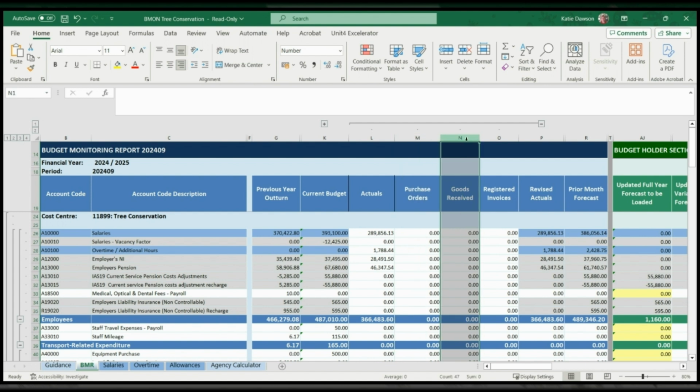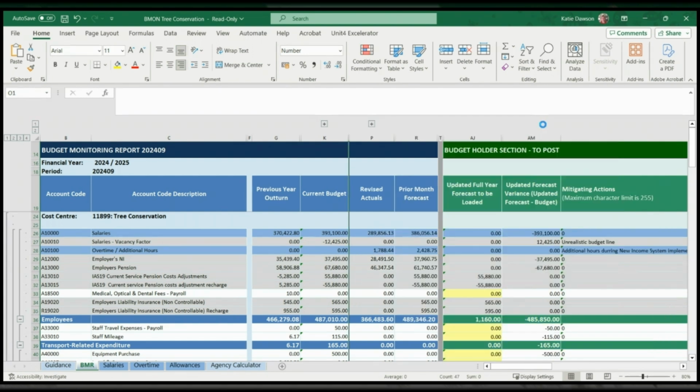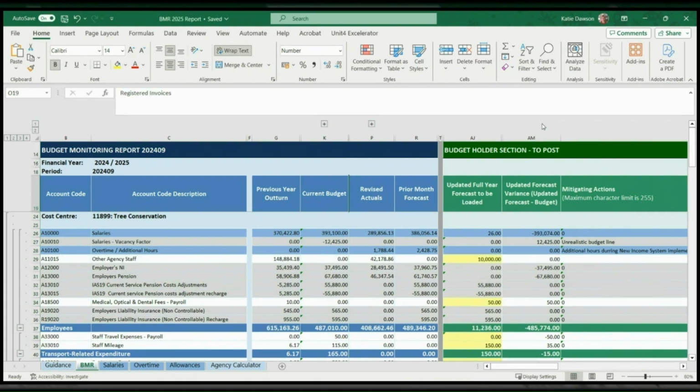Goods received, the amount authorised for payment against purchase orders raised at report date. Registered invoices, all registered but unpaid invoices at report date. You can hide these columns again by clicking the same button at the top of column P. To view the transactions in the ERP that make up the actuals figures, you can use the GL inquiry report